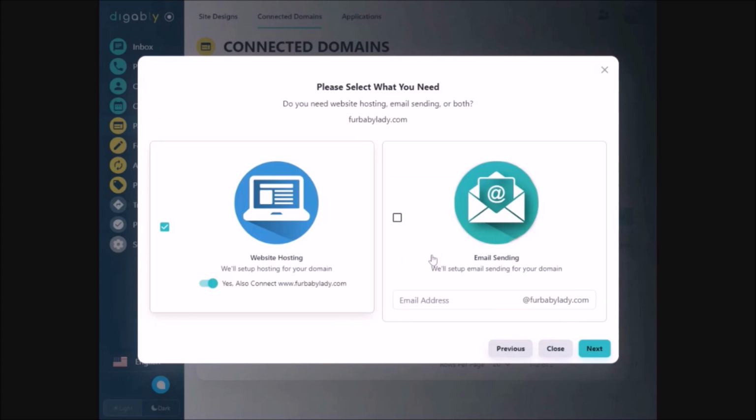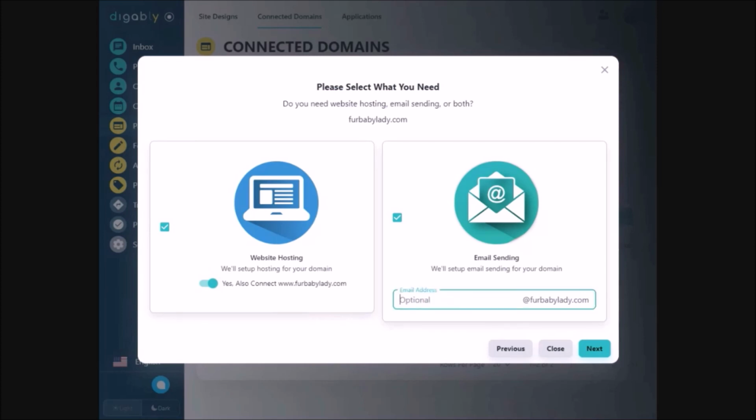After clicking Next, you'll see a screen where immediately it'll already be highlighted to host your website. And it also will have this selected, yes, also connect for Baby Lady. So you can choose not to, but this is really why we're going through this. If you choose only to utilize this for email marketing, you can definitely turn these off and then begin to only use it for your email blasts or notifications. But in this case, we're going to go ahead and connect a real website, and we are going to start